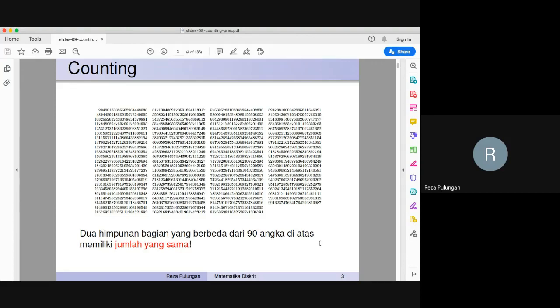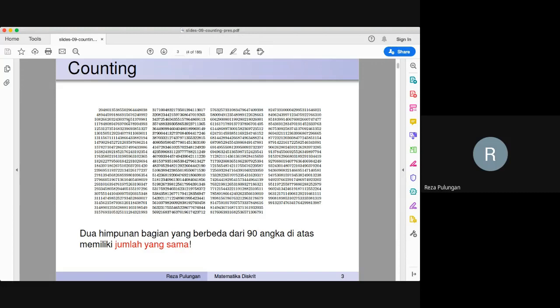Think about it again. There must be at least 2 different subsets. I don't know the subsets. The subsets can be, take 2 of them, take 3 of them, take 4 of them, and so forth. In one subset, you may take 3 of them. In another subset, you may take 4 or 5 or 10. We don't really know.